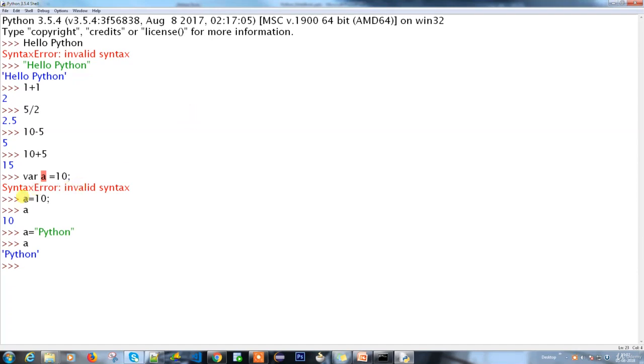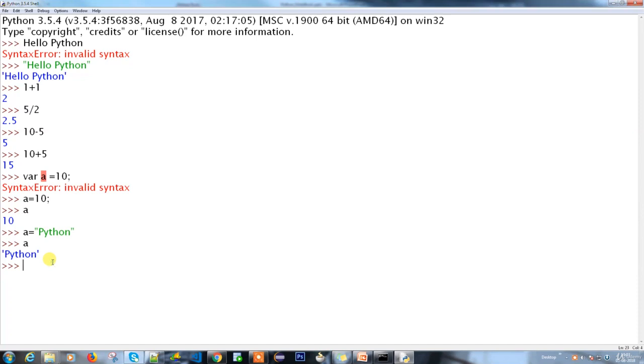The first time I typed a, I provided 10. Then again I used a is equal to Python. So the 10 is overridden, and once the data is overridden, you won't get the 10 again. You will get the latest updated value.